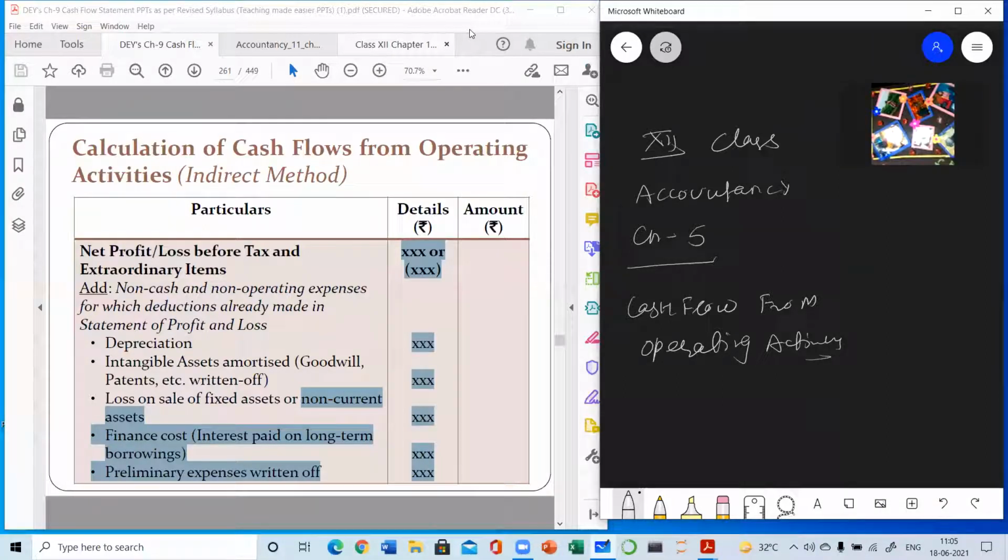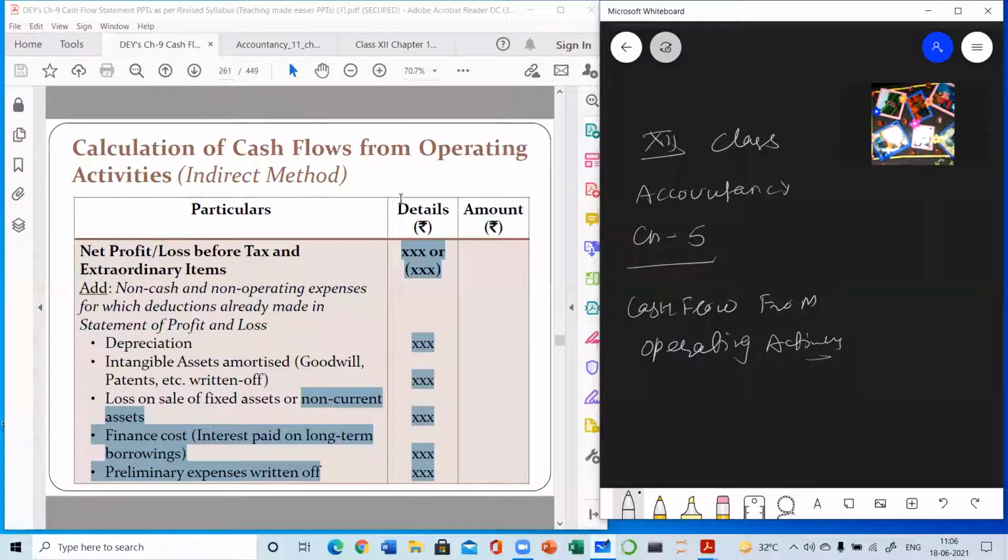So yesterday we started with a working note and I told you that you have to consider the profits for the year, add transfer to reserve, then add provision for tax made during the year, then add interim dividend, then proposed dividend of the previous year. And if any refund of tax is there, that will be subtracted and final outcome will be written here. Your main answer, main format will be starting with the final outcome of the previously done topic.